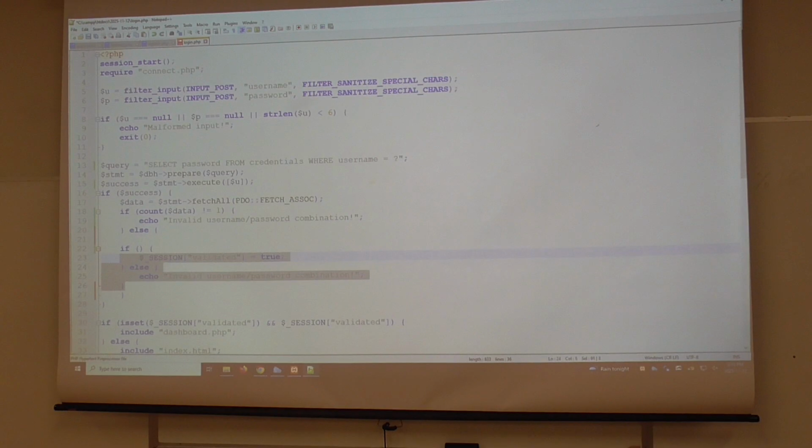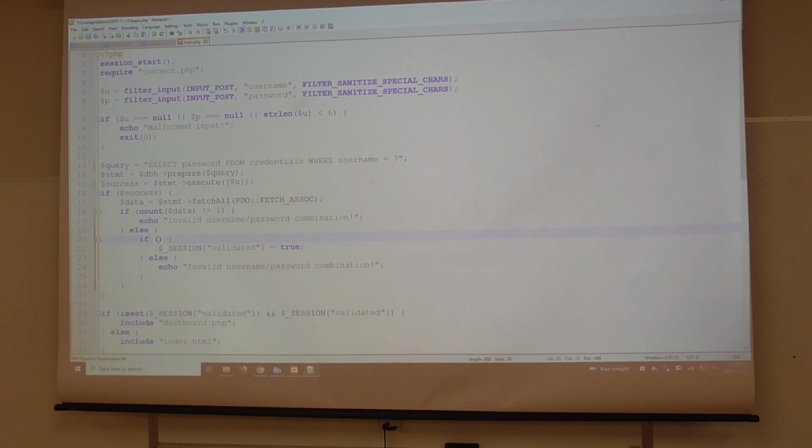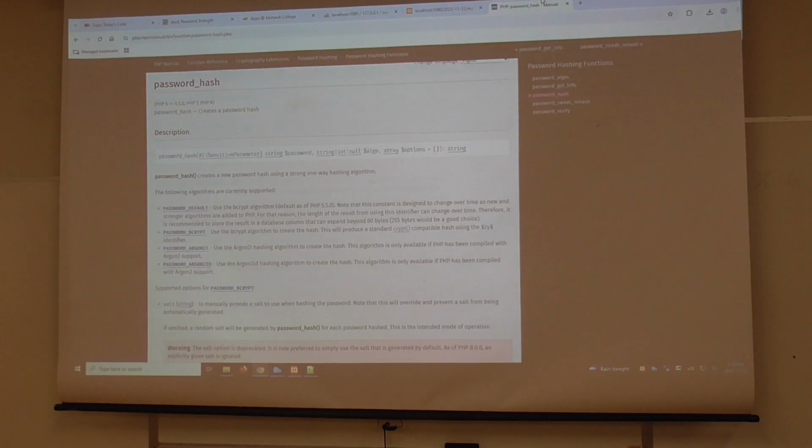Now this is the bit where we are checking the password. The function we are looking at, password underscore verify. Let's take a look at the documentation. Password verify.